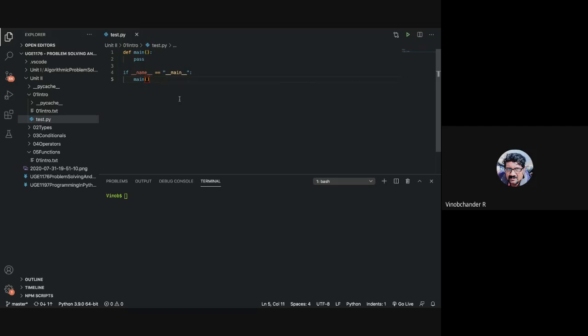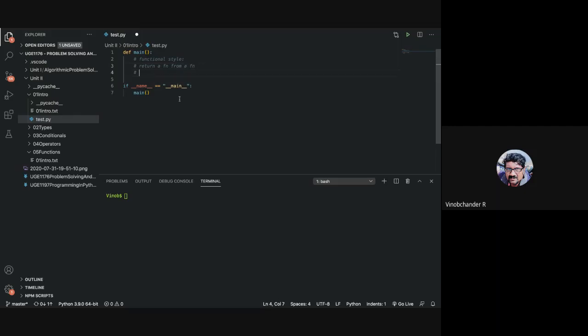When I say functions are treated as first-class citizens, that means in a functional style, the things that you can do are: number one, you can return a function from a function.